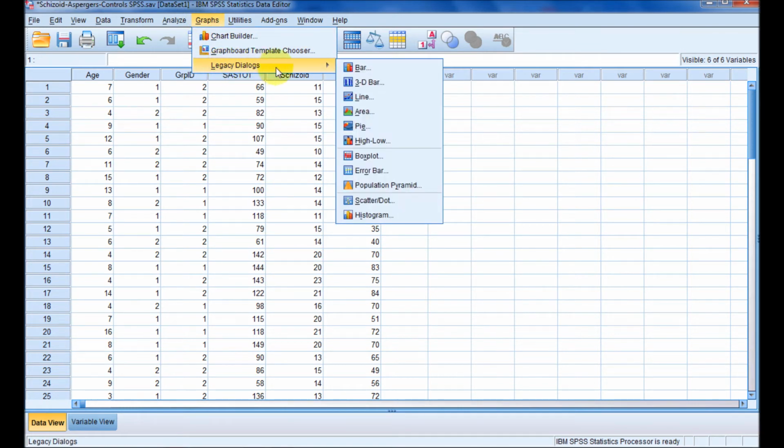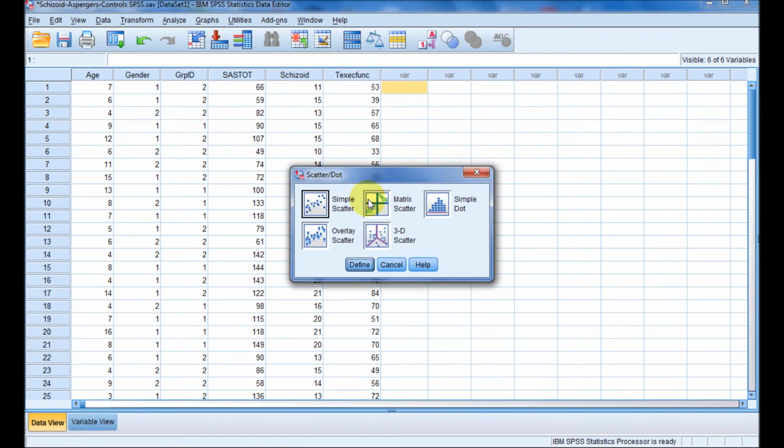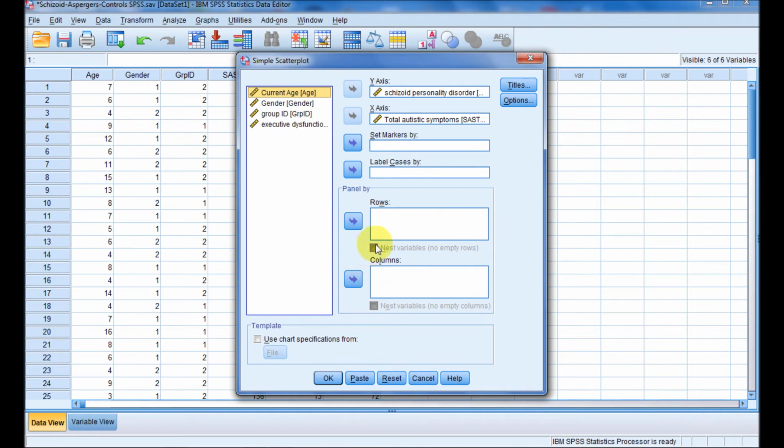Go to Legacy Dialogs. Come down Legacy Dialogs to Scatter/Dot plot. We have a bunch of different kinds of scatter plots we'll do. We'll take the simple scatter plot. Now we have to define the variables. Notice they're in there for us already. If they weren't,